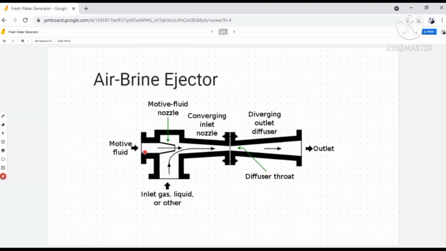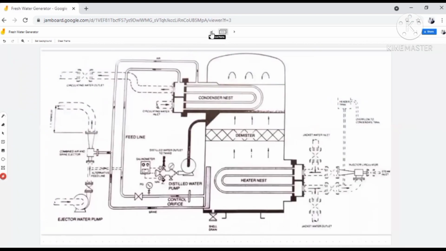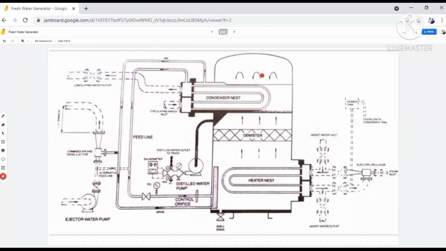So the basic working principle is that water flows through this nozzle, its velocity increases, pressure decreases, so a low pressure region is created. Air from the freshwater shell comes to this suction chamber, it mixes with the seawater, and then it is pumped to the diffuser nozzle. So now you can understand how a vacuum will be created in the freshwater shell.